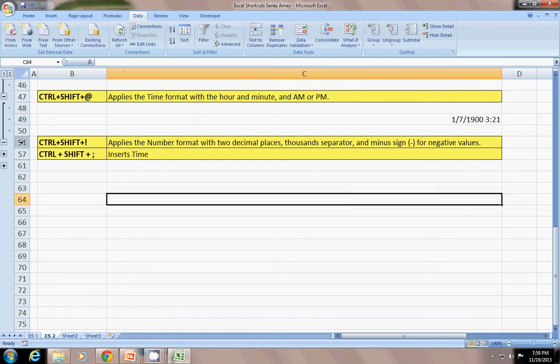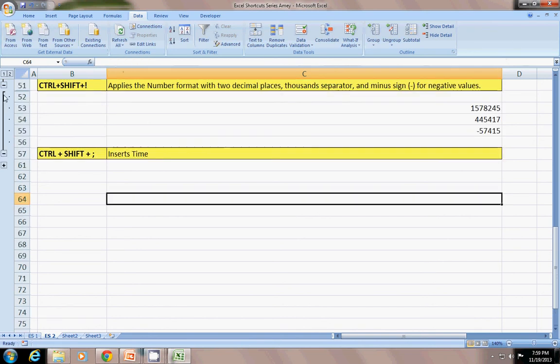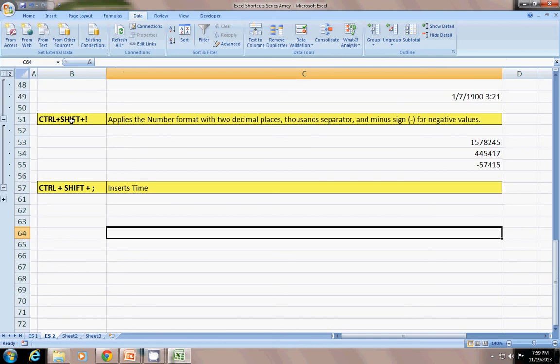Okay. So the next formatting is Control Shift and exclamation, to apply the number format with 2 decimal places, 1000 separator and a minus sign for the negative.